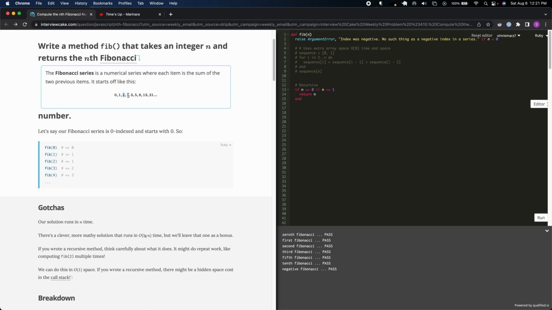But once we get to 2, that's 1, 3, that's 2, 4, that's 3, right, and so on and so forth. So we could just do that, and then else we can return fib of n minus 1 plus fib of n minus 2, because what that would do is, let's say if it were